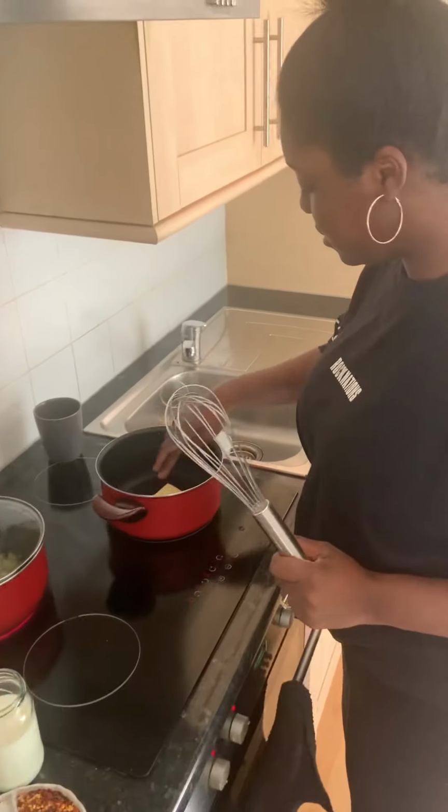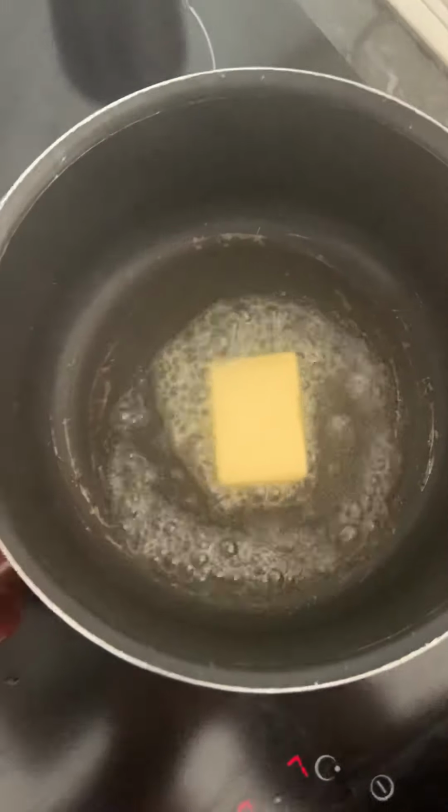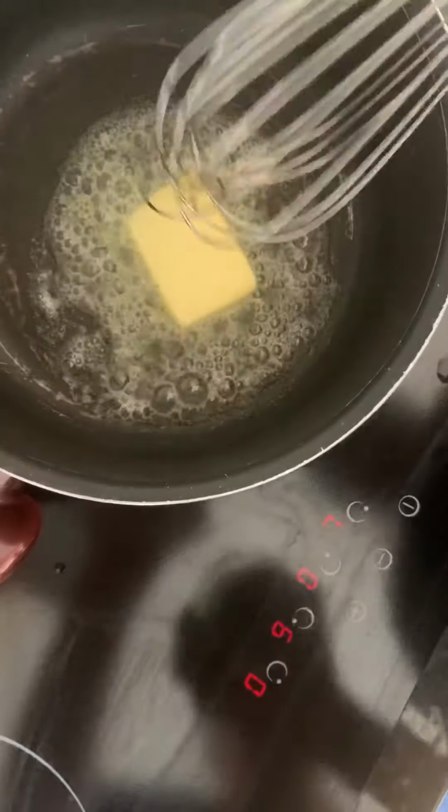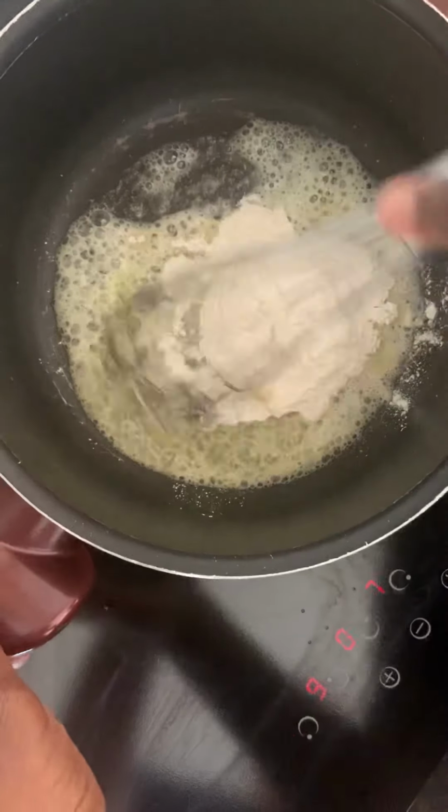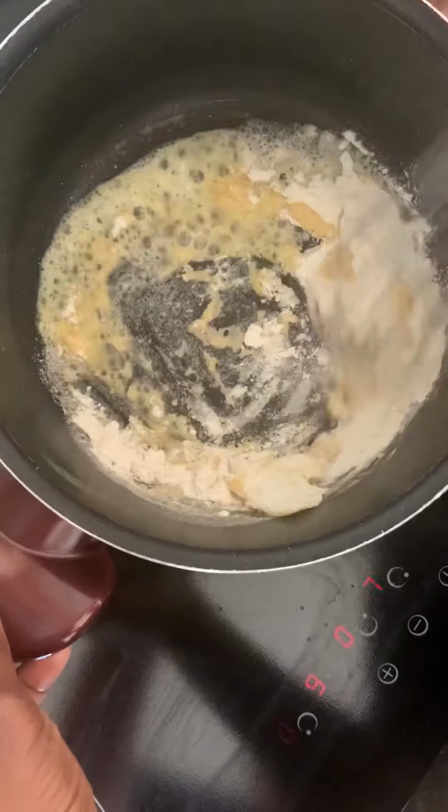And then on a medium heat, we're going to add our butter. That's 25 grams of butter, 25 grams of flour. I'm using self-raising flour, but that's because that's what I had in the fridge. But you can literally use plain or anything, and we're just going to mix that up